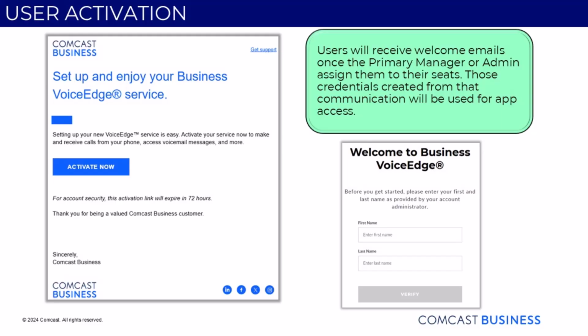Once the app is downloaded, a primary or services manager will need to add each user's email address to their Voice Edge phone in Business My Account. Once the phone is assigned to a user, the user will need to look for an email from Comcast with Activate Now in the subject line. Complete the steps shown after clicking the activation link to create the account. The activation link is only valid for 48 hours. After the 48 hours, the primary or services manager will need to send a new invitation.